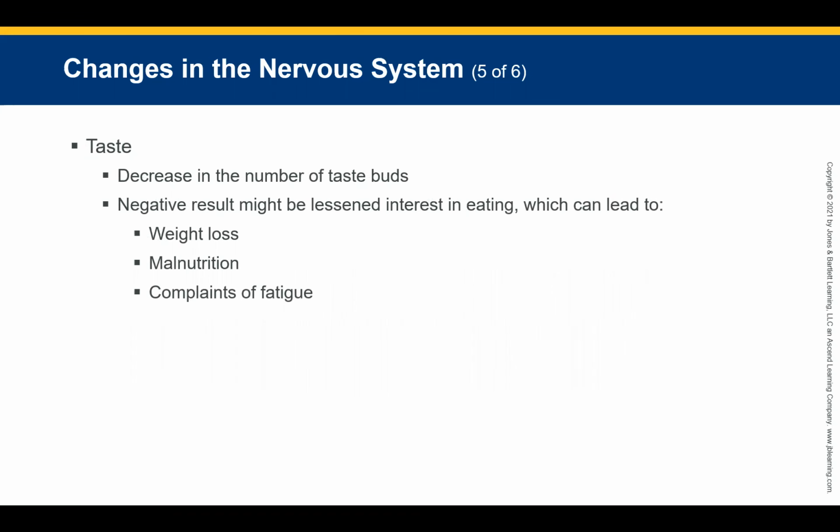I don't know if you're aware, but our taste buds change about every 7 years. There are things that you may like now that you may not like in a couple of years, or things that you never knew you would like, you're liking now. With that happening, you start to get into malnutrition because they're afraid they can't eat certain things, or things they've liked for years they just don't eat anymore because that's what they always ate. You can have fatigue because they're low on carbs and sugars, and then weight loss because of the decrease in the number of taste buds. It just doesn't taste good to them anymore. That's why.